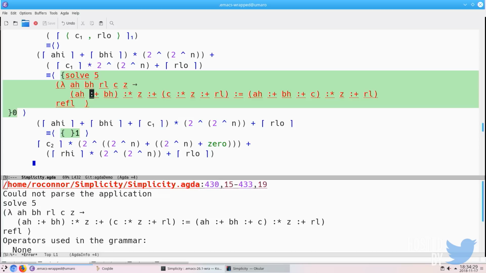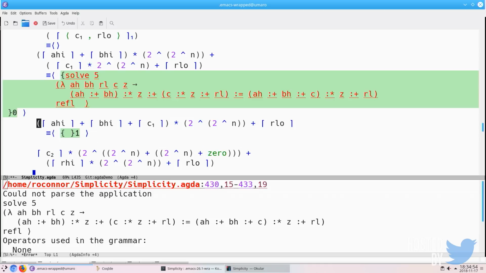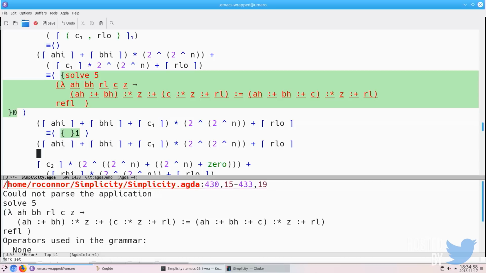This is what happens when you're doing line coding, right? Well, let me come back to that in a moment and move on to the next thing. The next step is we have this A high. I think it'll become clear if I keep on working. We have this A high, B high, C1. And again, we can do a recursive call to rewrite that into